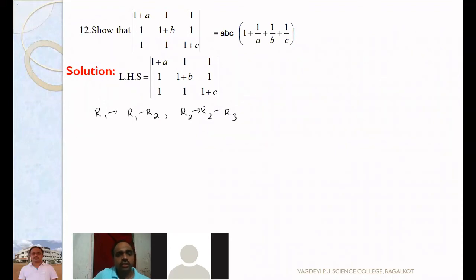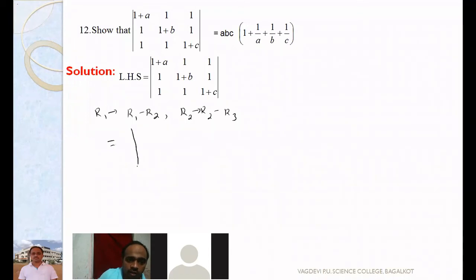As somebody has said, take A, B, C common from the row. Actually, A is not common in the first row, but if you take it common, we get 1 by A, 1 by A. If you take B common, we get 1 by B, 1 by B. Abhishek, you can take A, B, C common, but that's not a good operation. We get fractions, 1 by A, 1 by B. When you get fractions, it's very difficult to calculate. So just do R1 minus R2, R2 minus R3. The reason, Abhishek, is to get some zeros. So nothing specific for that operation.